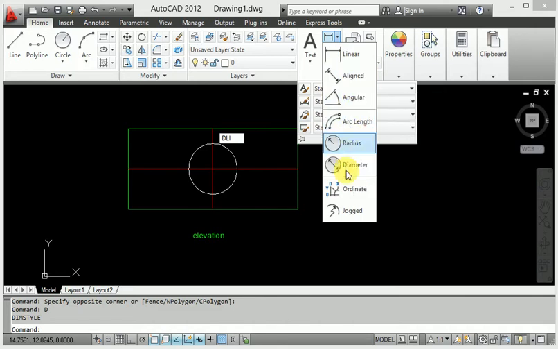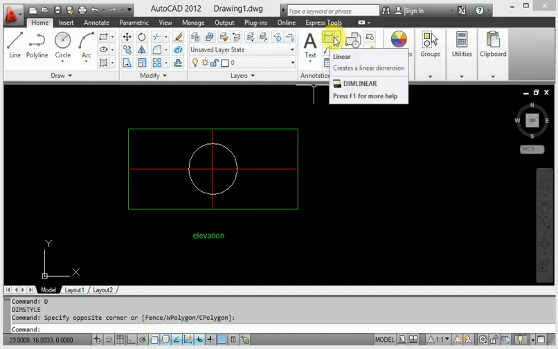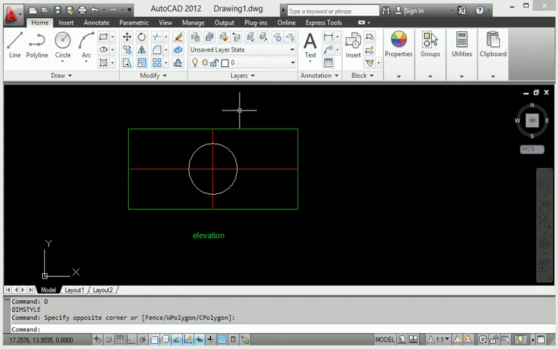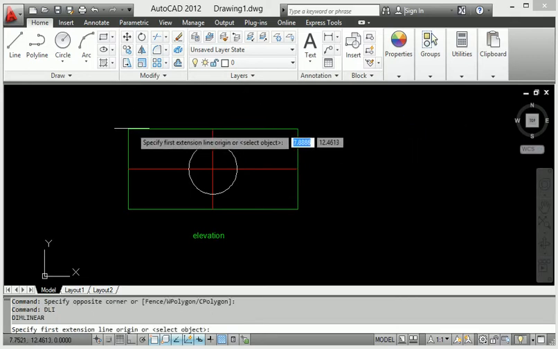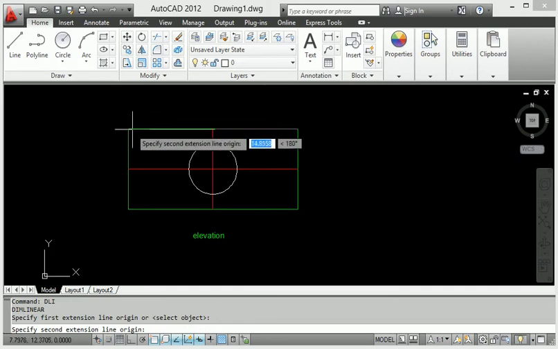But I use the shortcut key. Why? Because I don't want to go there, open, click and select, which takes much more time. I just type DLI to apply the dimension. When you click this point and this point, it provides one dimension.